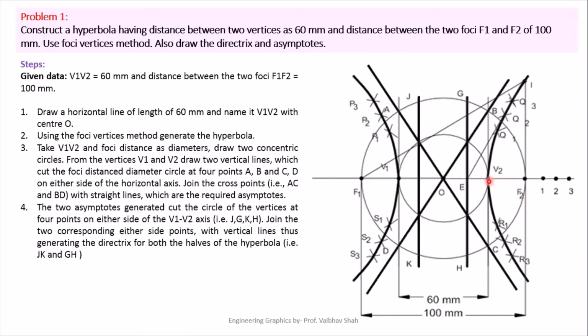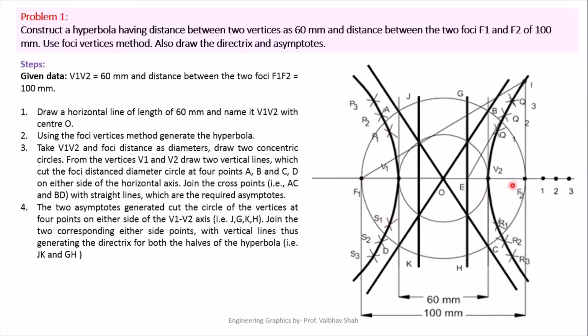So first of all, you have to select on your rounder the radius V2 1. After selecting your V2 1 distance on your rounder, you have to put your rounder on focal point F2 here. After putting this rounder on focal point F2, you have to draw one arc on the upper side of the focal point and one arc on the lower side of the focal point. Now, you have to change the center to focal point F1 by keeping the same radius V2 1 on your rounder. So now use your center F1. You have to draw one arc above the F1 and one arc below this F1.